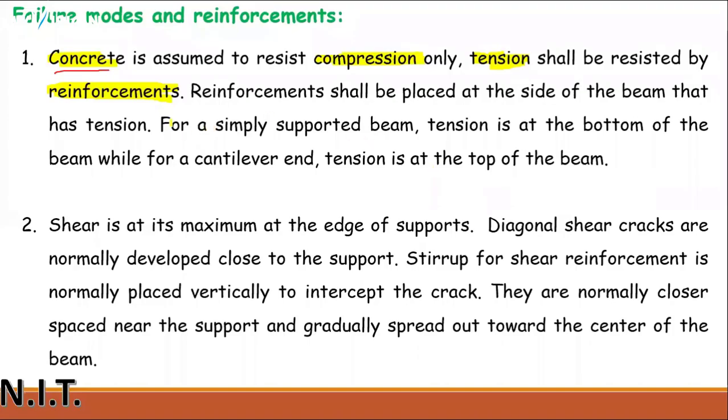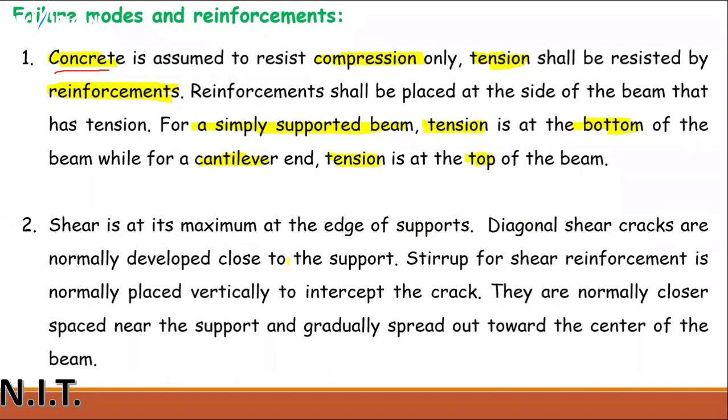So that's why you can see that in a simply supported beam, tension will be at the bottom. Clear? And for a cantilever beam, tension will be at the top. Clear? So the second part of failure mode is shear. Shear is at its maximum at the edge supports, and diagonal